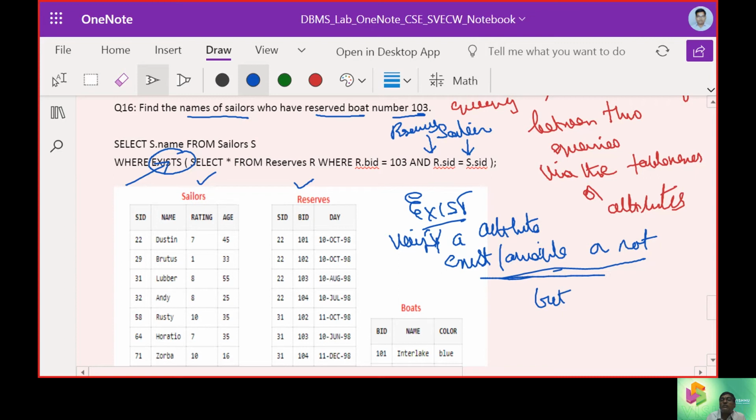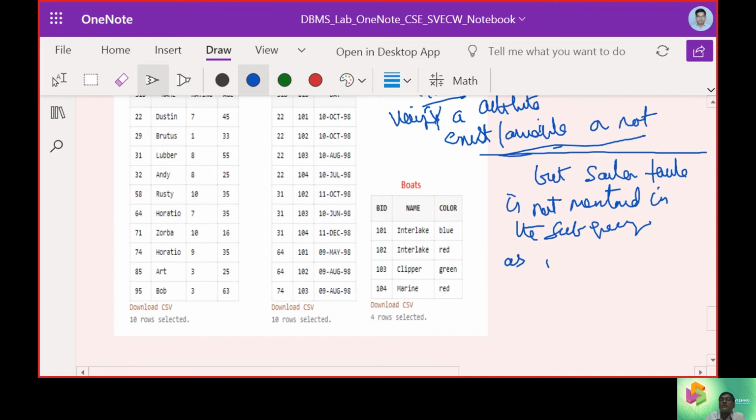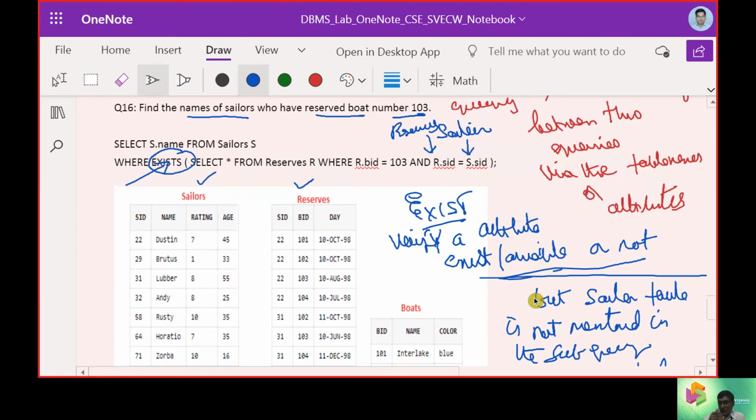But the sailors table is not mentioned in the subquery, as it is stated in the main query, so we are not stating it again.